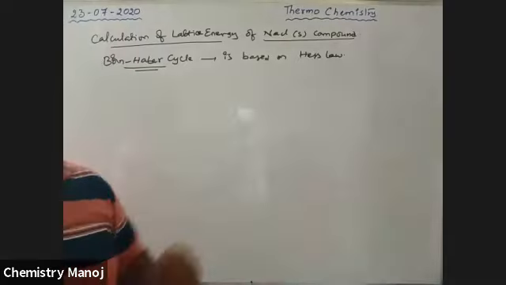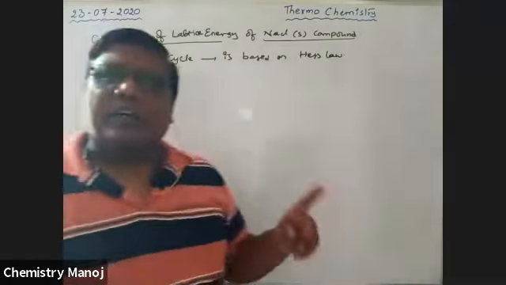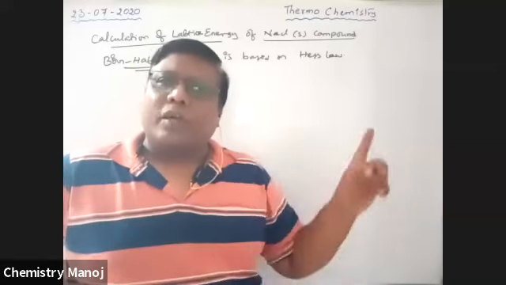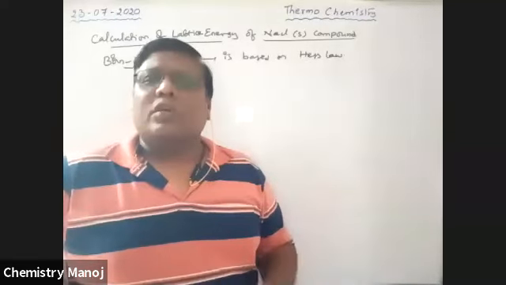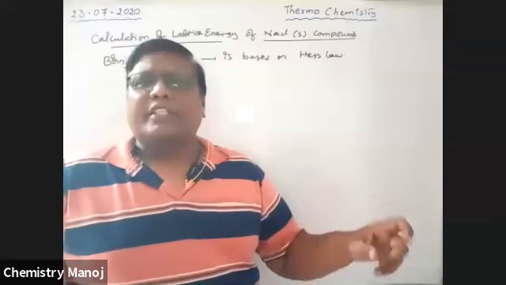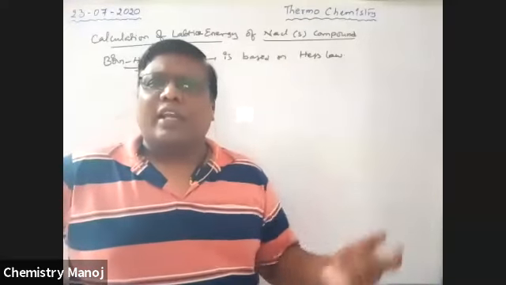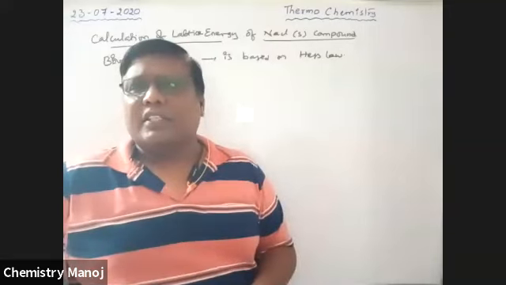Whenever Hess law is used, automatically there is a need for a direct step for the formation of the compound and multiple steps for the formation of the same compound. So we use direct energy equal to the sum of the multiple steps energy. One of the energies you should calculate with Hess law.